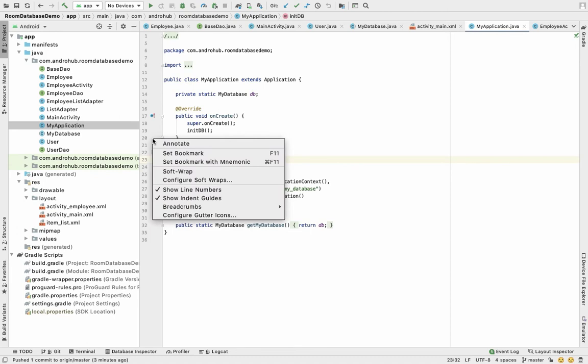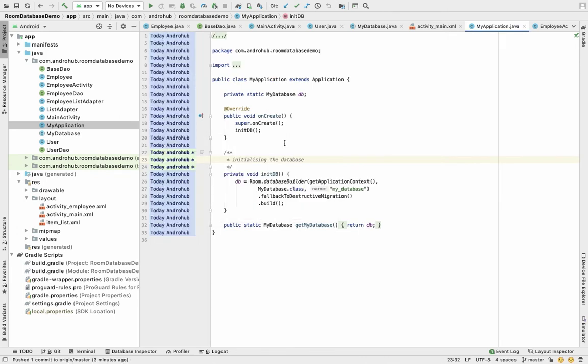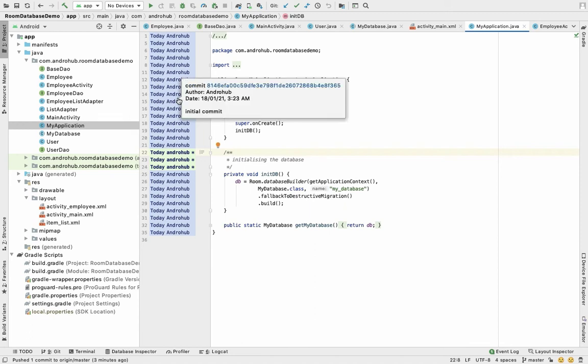And one more thing is you can click on the annotate. So the annotate will tell you, like this, these are the usernames. Whichever developer is working on that code, and the code is committed by him or pushed by him, his username will be reflected over here, so you can check who has done the code changes over there.